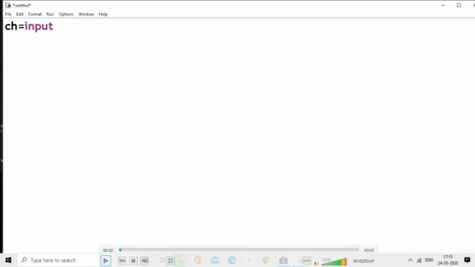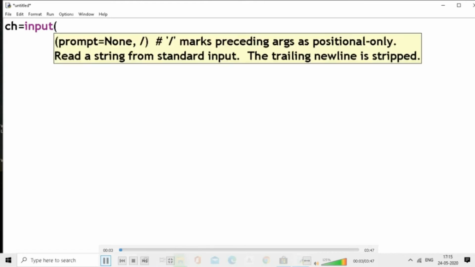ch equal to input. Input is a function which is used to get the input from the user. Within the brackets, you can type any message, since we are asking the user to give some value. So I am giving here "Enter a character", so that will be displayed in the output screen.